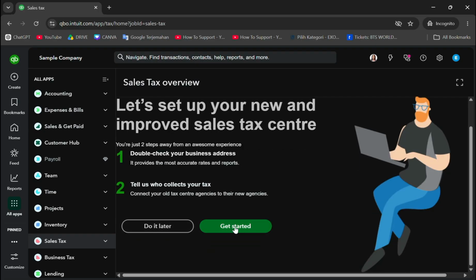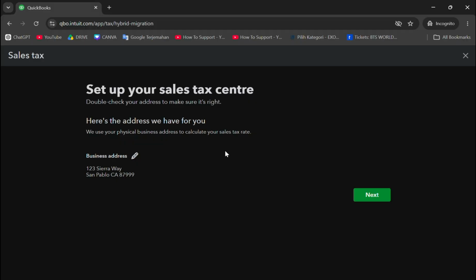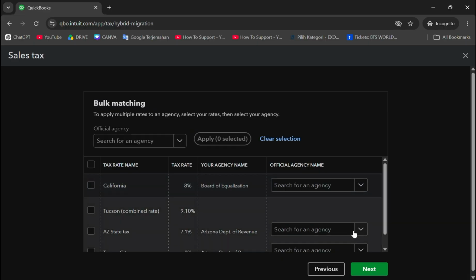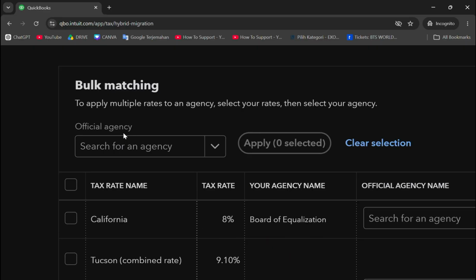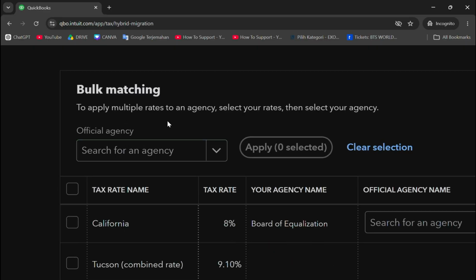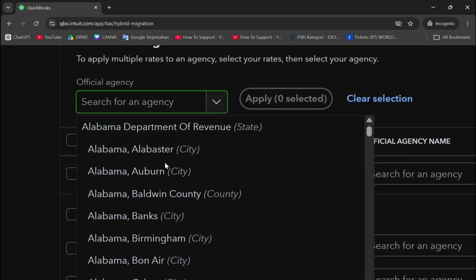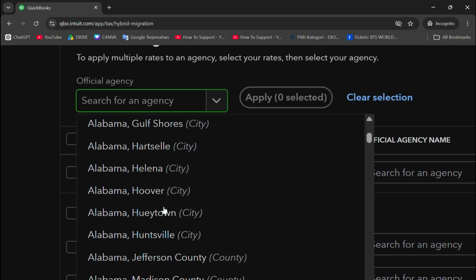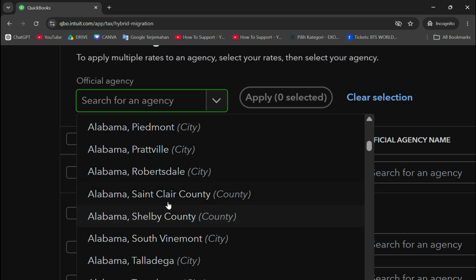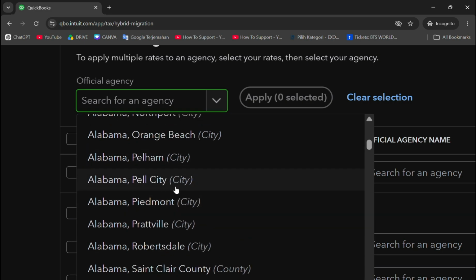So you can just click Get Started here, and then you can set up your address. If you think it's all right, you can just click Next. And then now you have to apply multiple rates to an agency. So you can just choose the agency. So let's say I'm in Alabama, in maybe